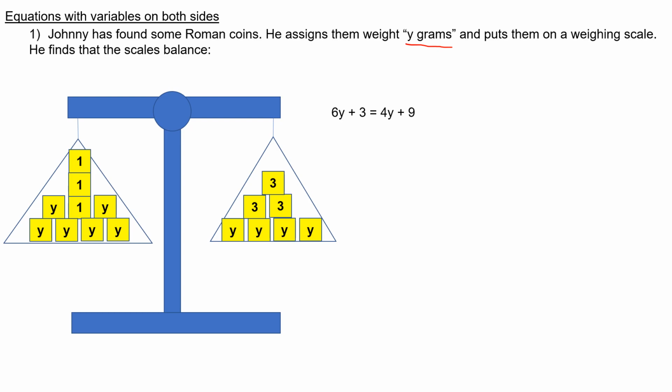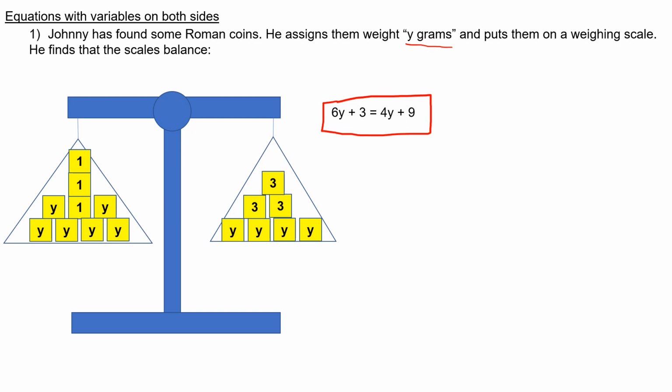So he has, on the left-hand side of the scale, 6 coins and 3 1-gram weights. On the right-hand side, he has 4 of the coins and 3 3-gram weights, and he finds that the scales balance. He can write this as an equation: 6y, 6 lots of the coins, plus 3 grams, is 4 lots of the coins, plus 3 lots of 3